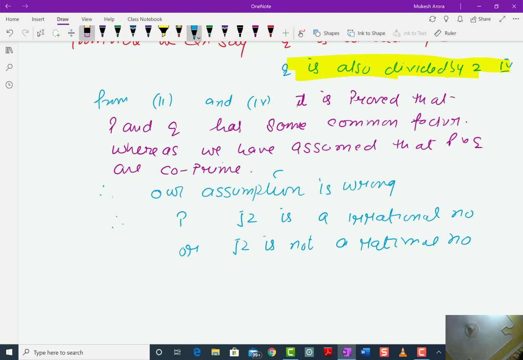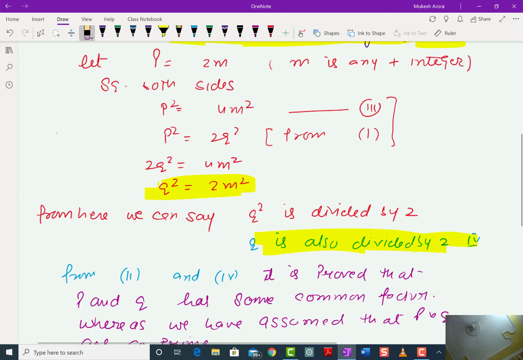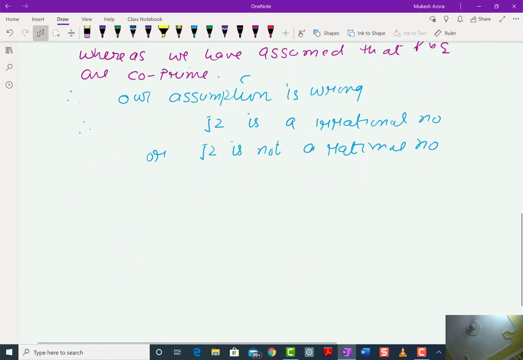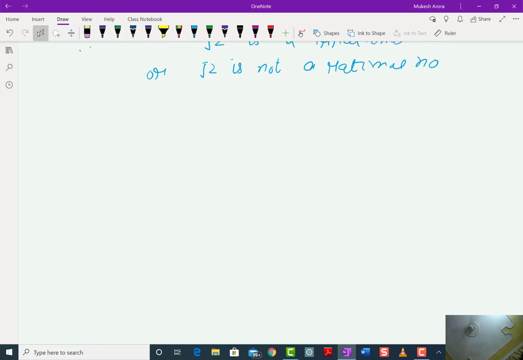Now whatever sum you get, under root 2, under root 3, under root p, under root whatever, if you get under root 3, then it will be a multiple of 3. If you get under root 5, it will be a multiple of 5 here. So whatever sum, this is a cyclostyle sum, you have to replace the number. If it is 3 by 3, then it is 5 by 5, like that. So all the sums are the same. This you have to solve, and this is the 3 marks sum.